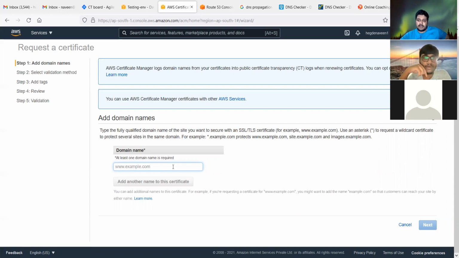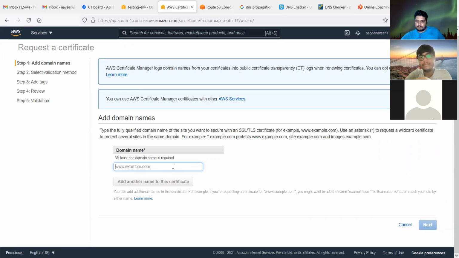For example, if you want to add a certificate for codegrace.com and also for www.codegrace.com, that's a subdomain, right? So that comes under star dot. So you can put as many subdomains as possible in one certificate.